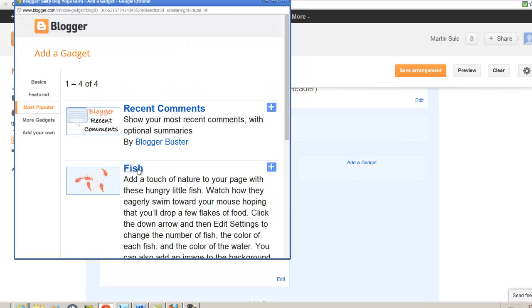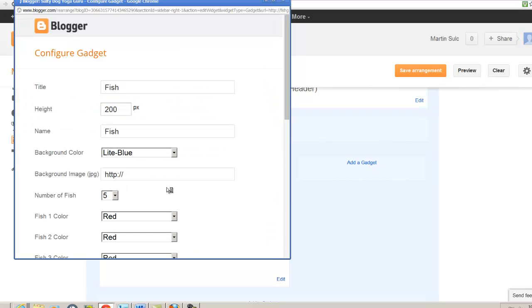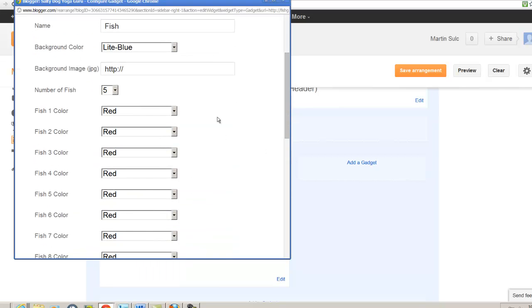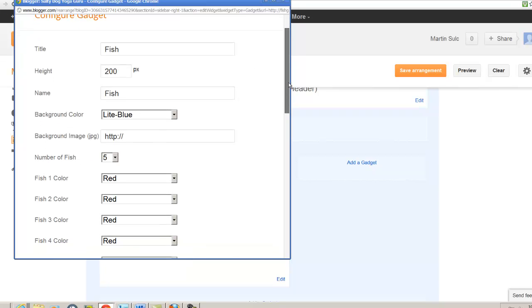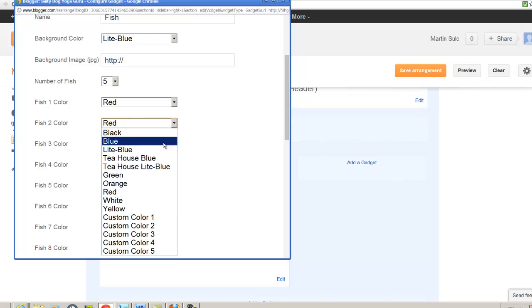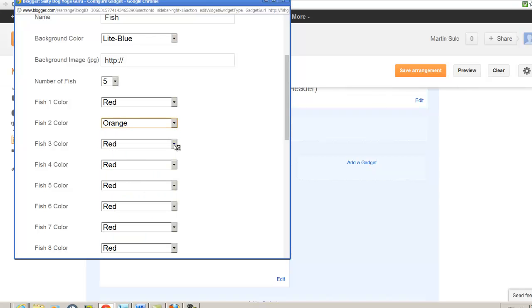But one of the fun things I like to do is click with fish. So I'm going to just put fish in here, and I'm going to have 5 fish. If you notice, it's a light blue background. There is no background image to it, but let's say I want a red fish, I want an orange fish,